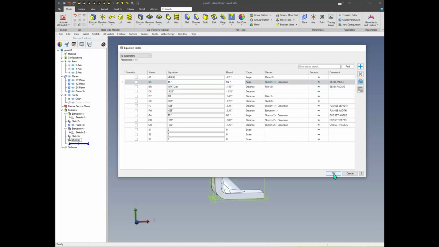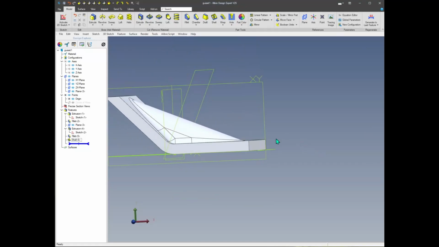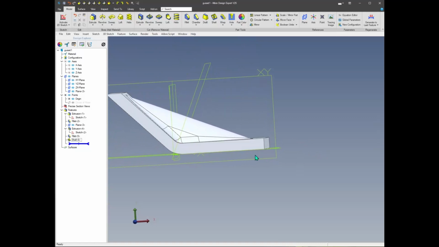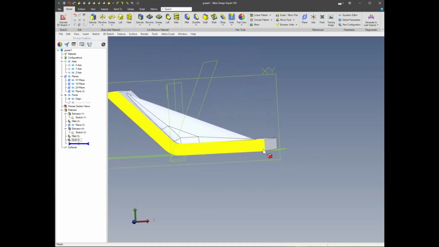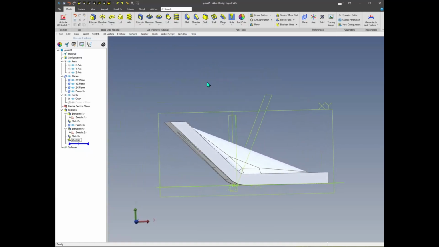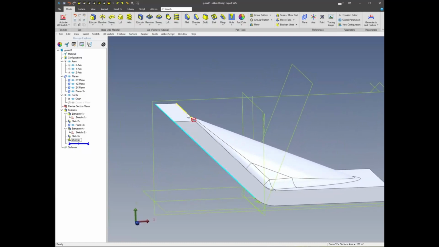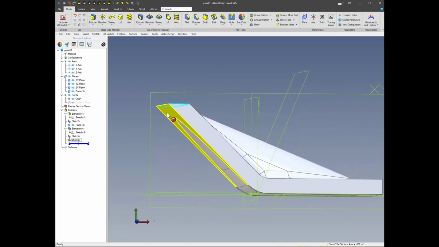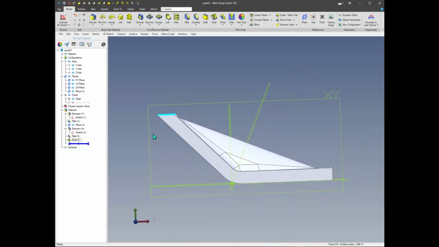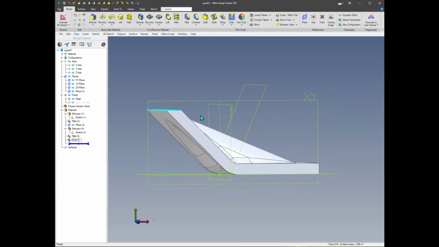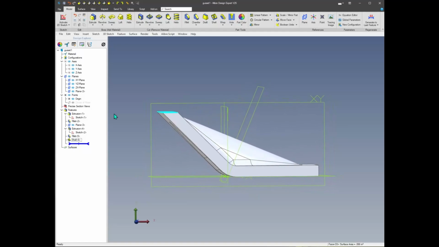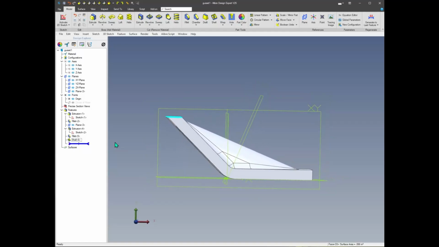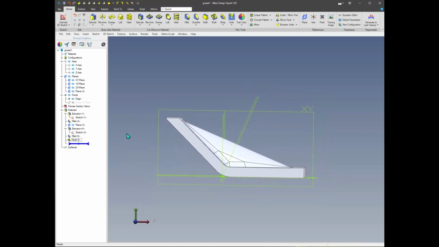Watch what happens here. So now here on this leg we have a nice face that's perpendicular to the surface. But up here on this face, shell does not shell perpendicular to this face. So that means we need a different tool to create this form. So what we're going to do is delete the shell,